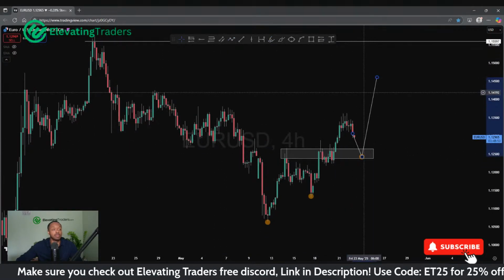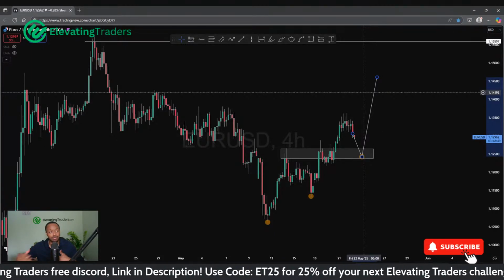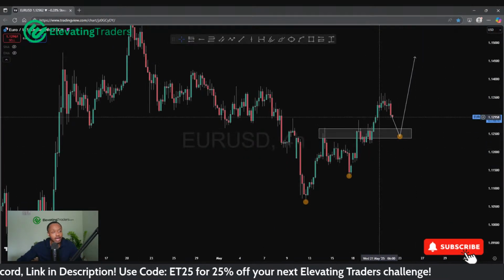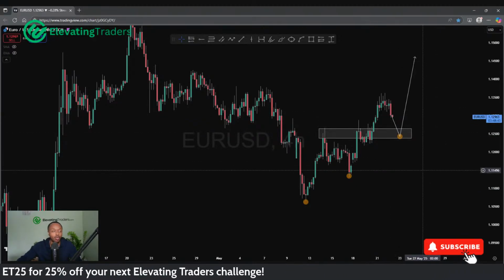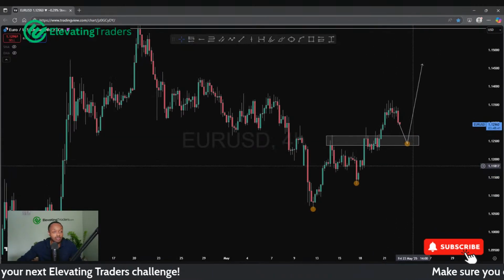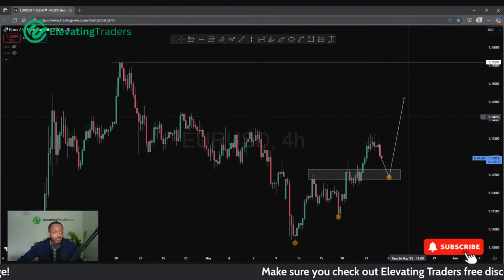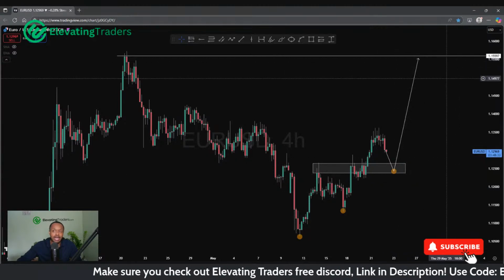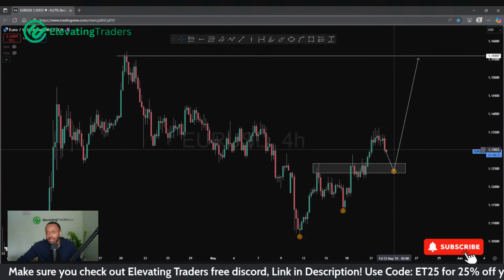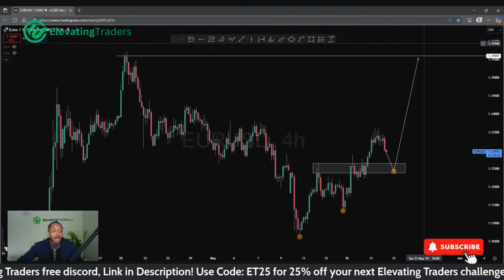Of course, Euro's price action and the DXY's price action is pretty much the same, just inverted of each other. So again, if you can get them come down in sync, respect that area well, I think that could be a really nice place for a buy. And you've got some decent risk reward to eye up there as well. Of course, you don't have to necessarily look for the big swing, but it's definitely a potential move. You can leave positions to run, trail some stop losses to take advantage of that potential move.